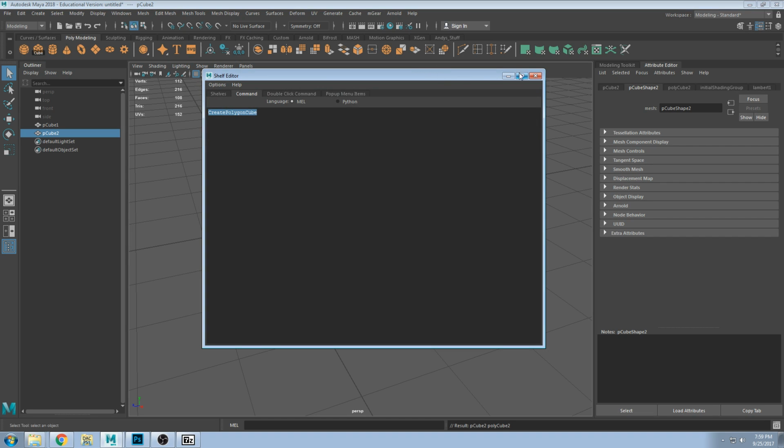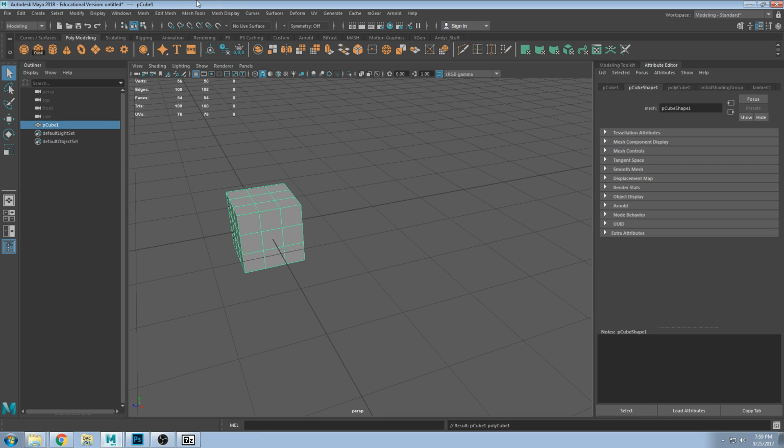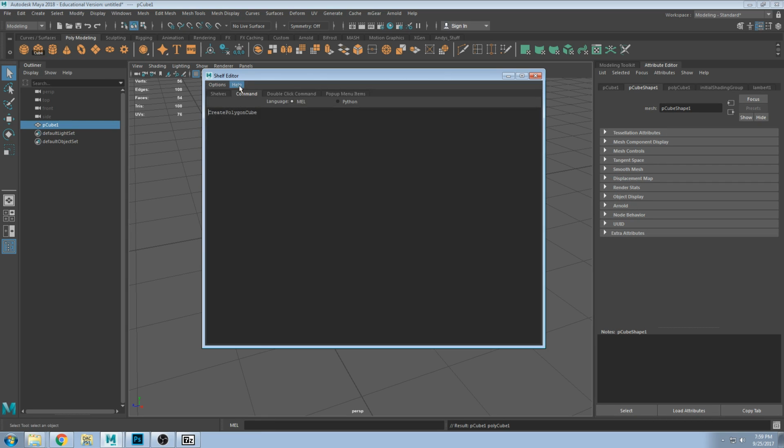There's what it is, that's how it creates a polygon cube. I copy that. I paste that down there. There's my cube, right? That's all it's doing. If I say edit, this is the command that it's issuing to do that. And then, you know, all that